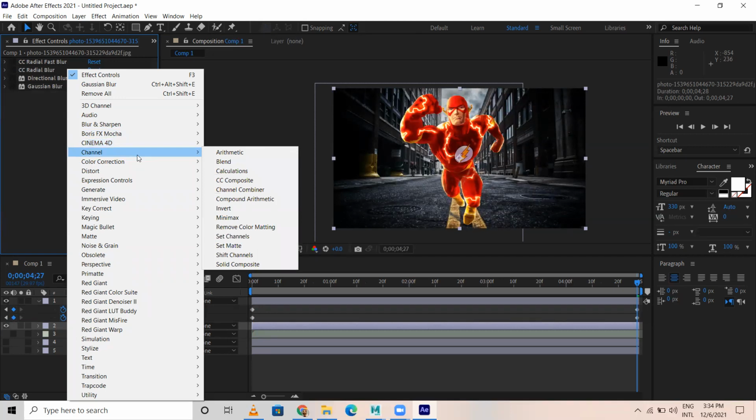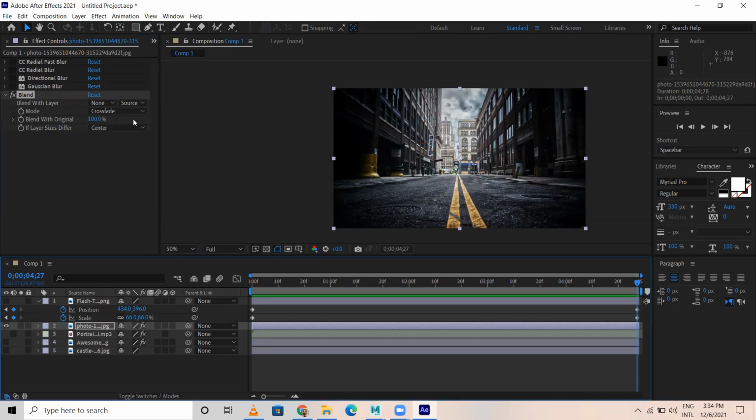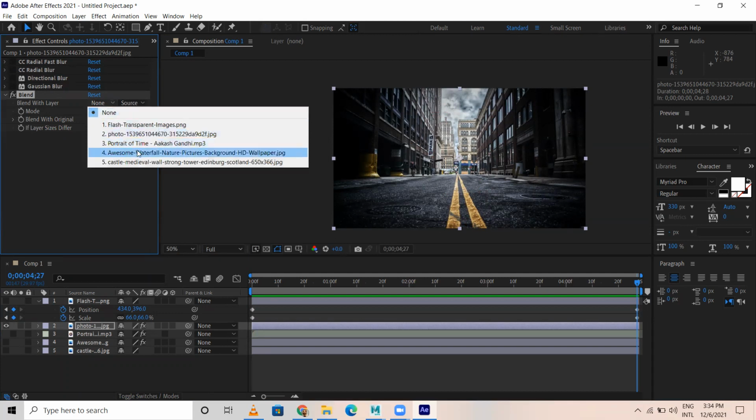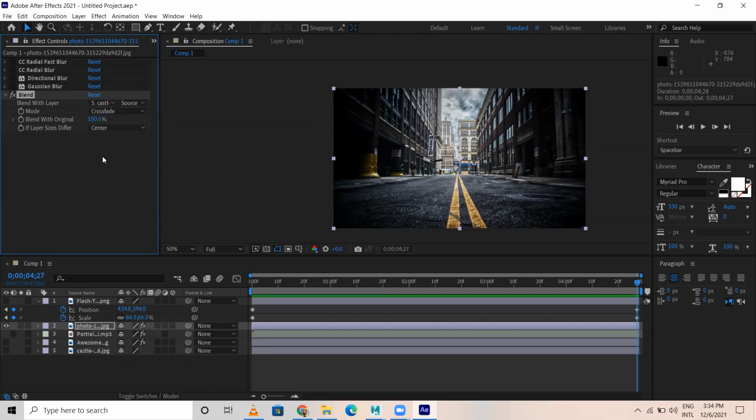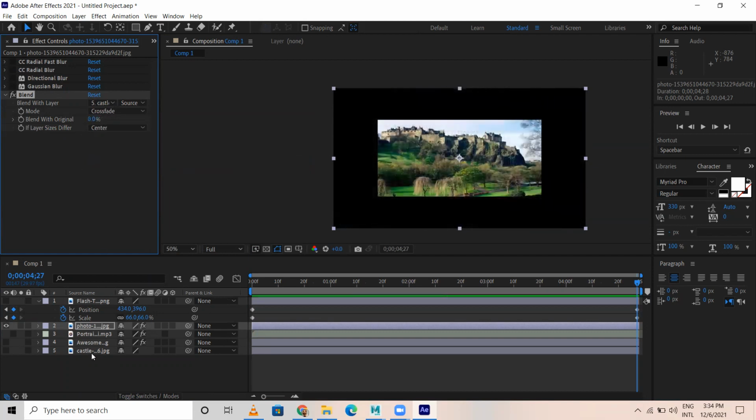Channel. There's something called blend. Blend with the layer. So I want this to blend with the castle.